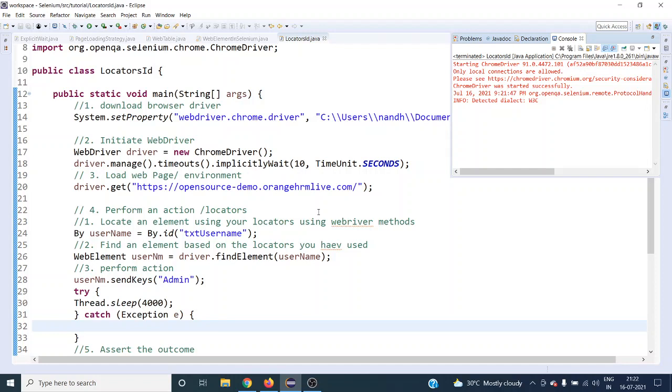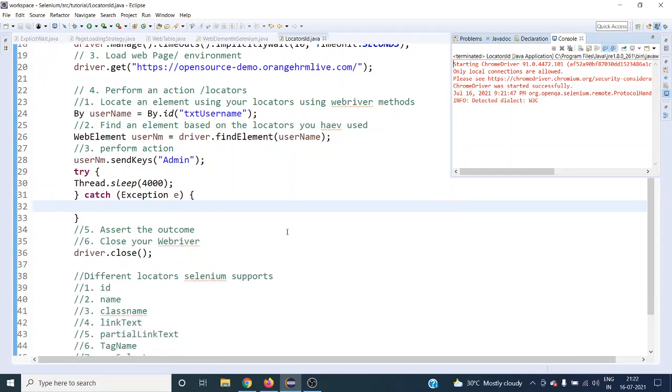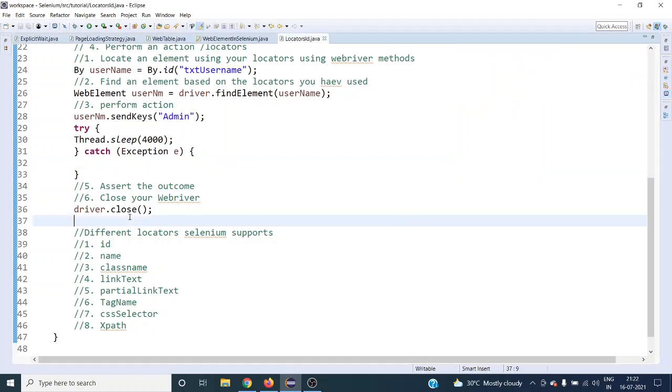So before going for your locating strategy for ID, there are multiple things that you should consider. We have already seen when we have to go for it.